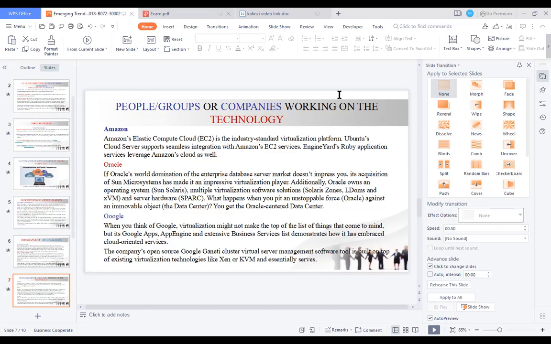So virtualization software like Solaris Zones, Xen, and xVM are their services or solutions which can help users, organizations or companies to keep everything under Oracle software. And we have Google.